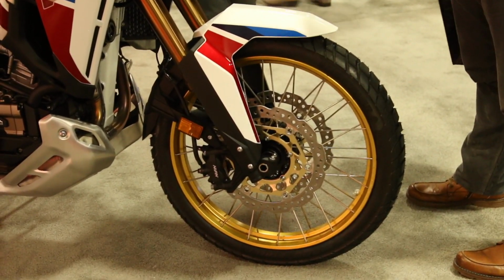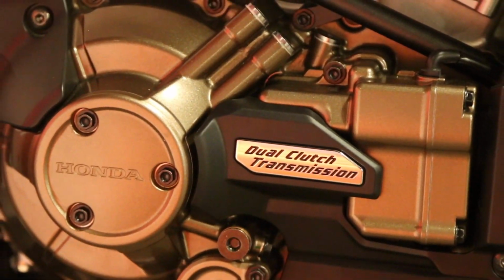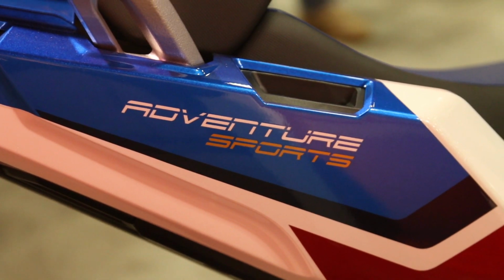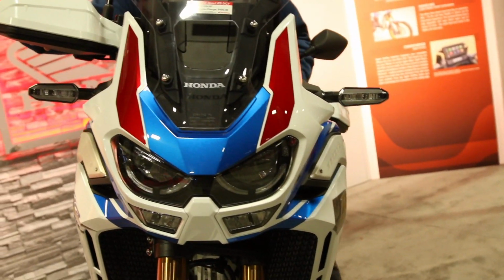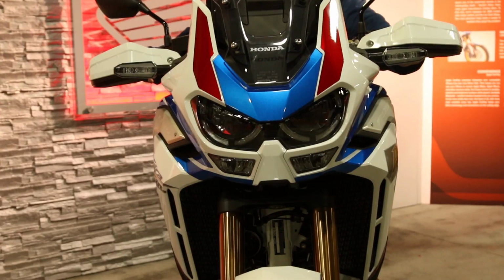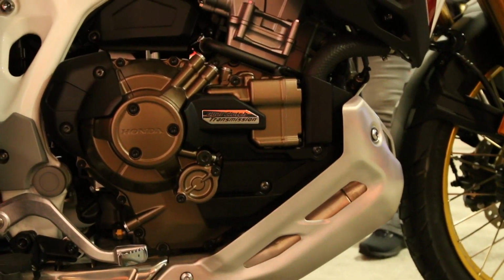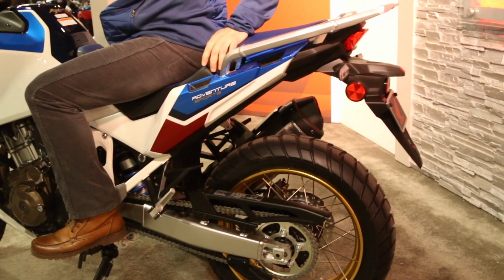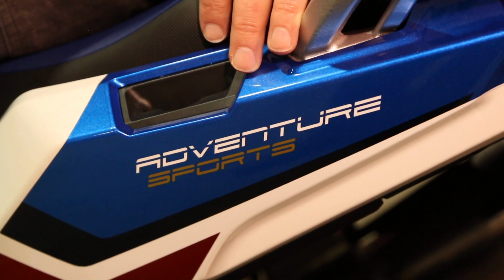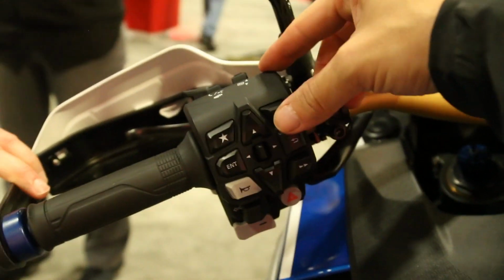As you guys know, I have a '95 Africa Twin, and it's in the same sort of paint scheme that this one is in. Mine is a regular motorcycle. This one is a dual clutch transmission, which I'm not used to, and I've never ridden a motorcycle with a dual clutch, but I wouldn't mind it because this should be a pretty fun thing. The Africa Twin has not been well received in the United States, and it's never taken top spots in any